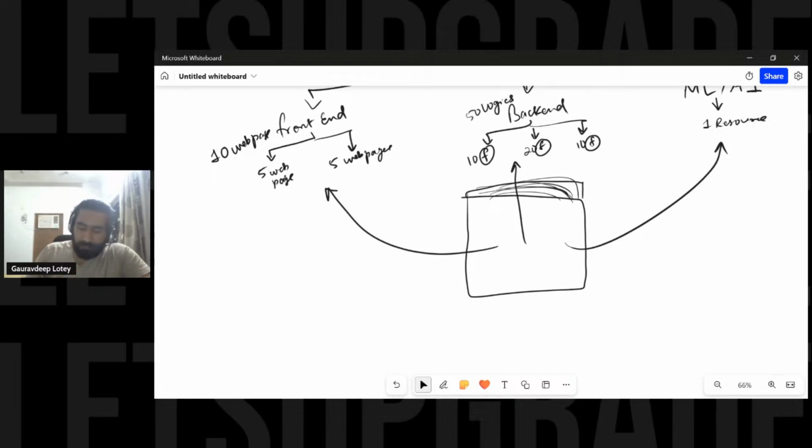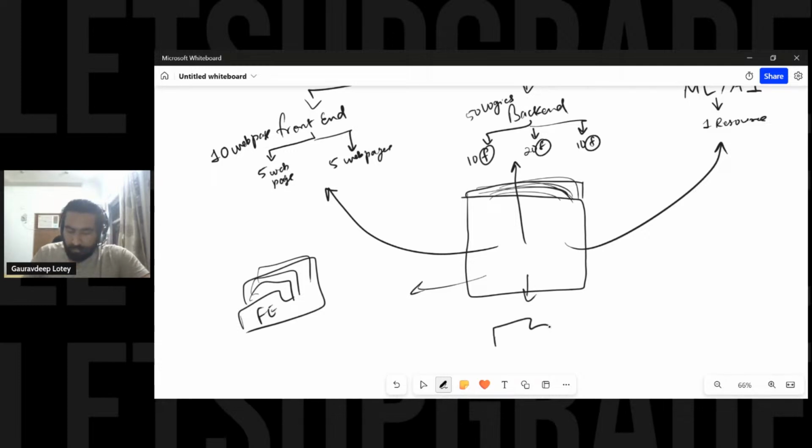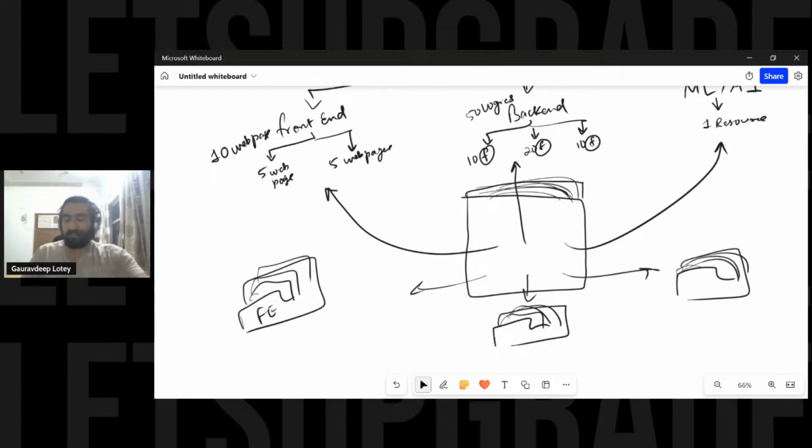ब्रांचिंग क्या करता है, it makes copies of these folders, ठीक है। जैसे यहाँ पर एक कॉपी बना दी गई है फ्रंट एंड वालों के लिए, इसमें सभी फाइल्स हैं, एमएल की भी फाइल है, बैकएंड की भी फाइल है, फ्रंट एंड की भी फाइल है, सब फाइल है। यही कॉपी बना दी गई है बैकएंड वालों के लिए। What is happening here, इसके बैकएंड वालों के लिए भी सब फाइल्स इसी फोल्डर में हैं, और एक कॉपी बना दी गई है एमएल वालों के लिए। तो यहाँ पर ये फोल्डर में भी सारे के सारे फाइल्स पड़े हैं, ठीक है। So exactly what is the term for these different folders is known as branching, ठीक है। So branching एक